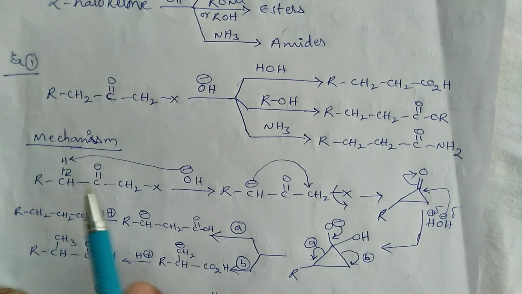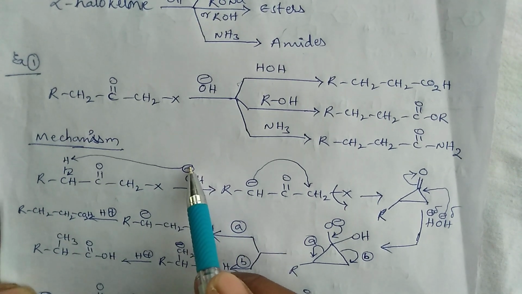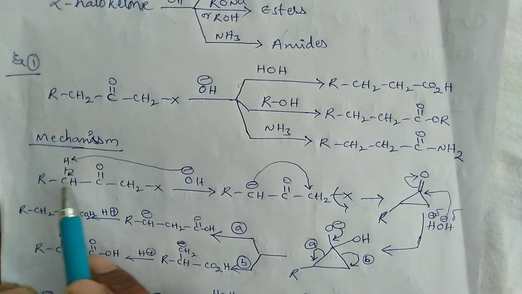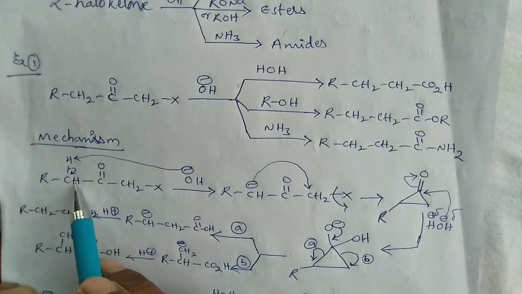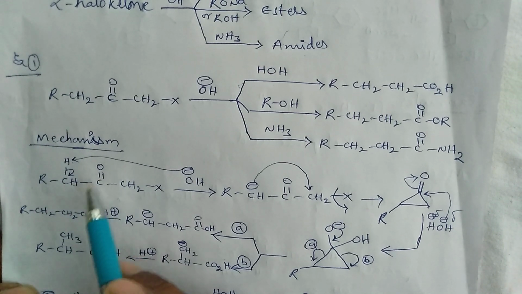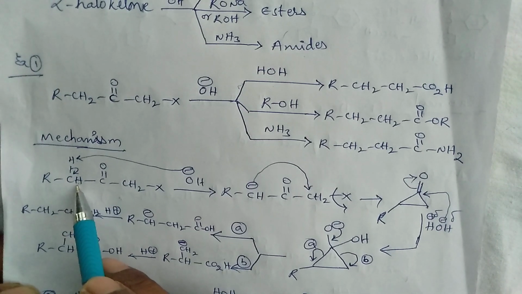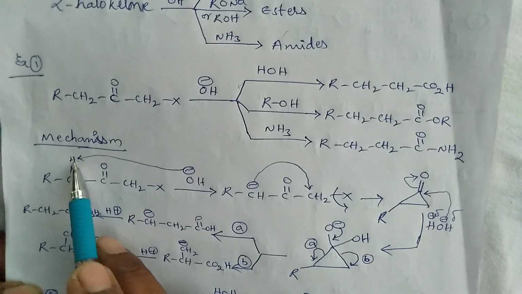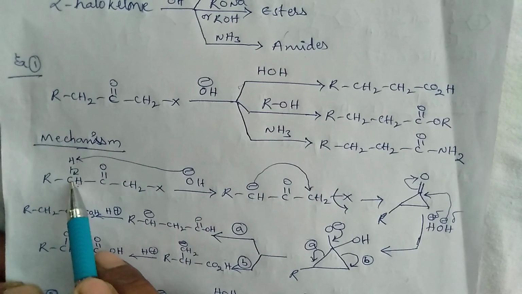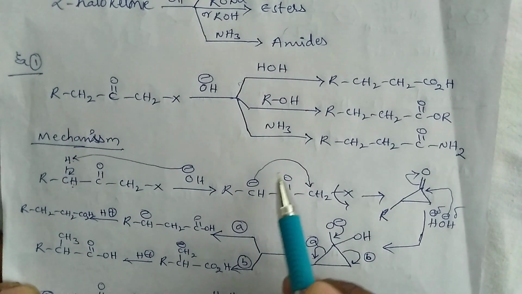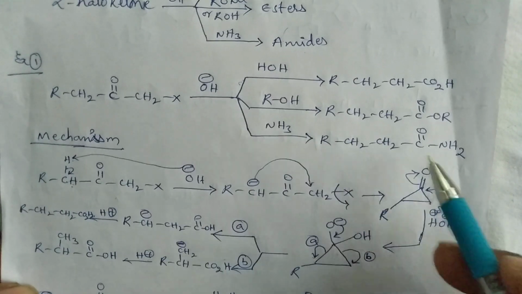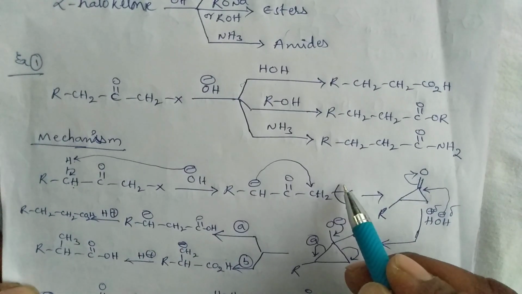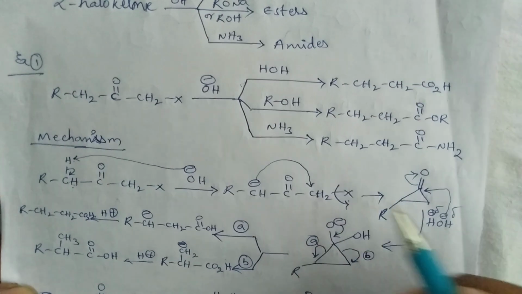In this reaction mechanism, first the base abstracts the H plus ion from this carbon center. So here this carbon acts as an acidic center. Generally the position adjacent to an electron withdrawing group acts as an acidic carbon according to the inductive effect, so the base abstracts the H plus ion from this carbon center and forms a negative charge on it. When the negative charge of this carbon center attacks the alpha halo position, the halogen atom is eliminated from the molecule and produces